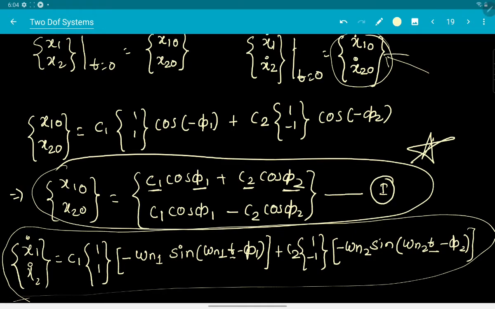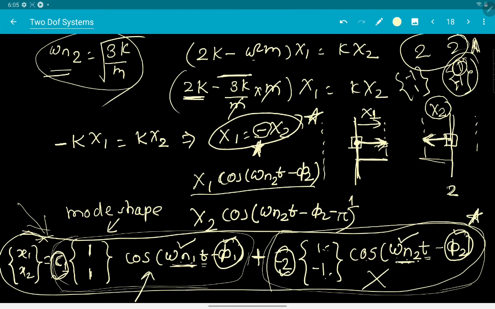Now, we have obtained two eigenvalues and their corresponding eigenvectors, and with those we are now able to construct a generic solution, for any initial conditions, of what x1 and x2 should be. This is that expression, which is telling you what x1 and x2 are, that is the generic displacement vector.